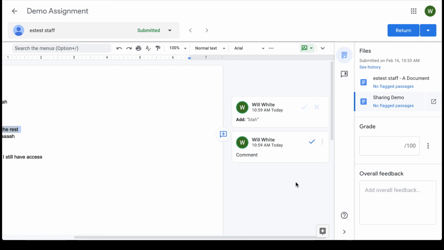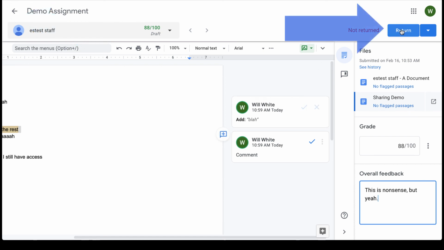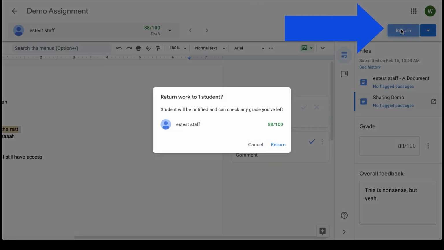Then, just like in Scholar, you can give a grade and add overall feedback. It'll save that immediately, so if you're not ready to send it back to the students, you can just click the back button and get out. Or you can click return and the student will get their grade.